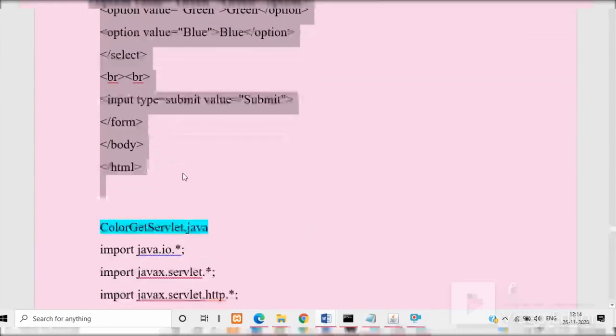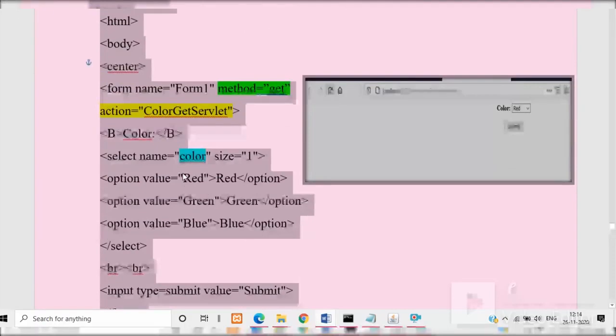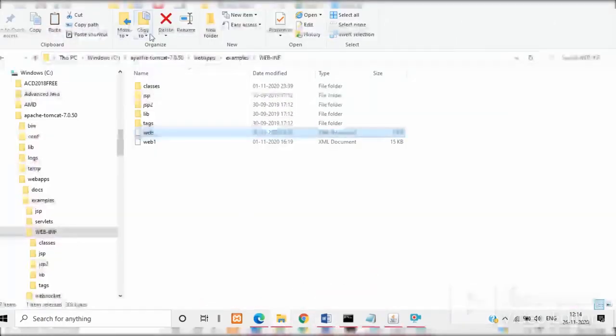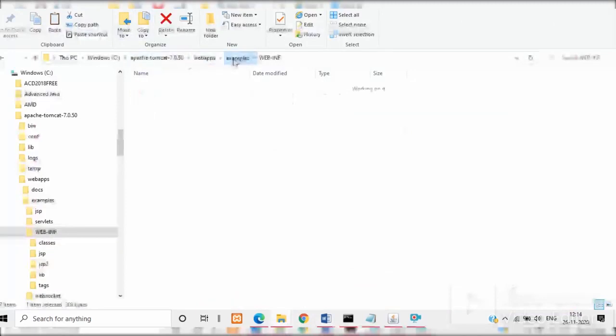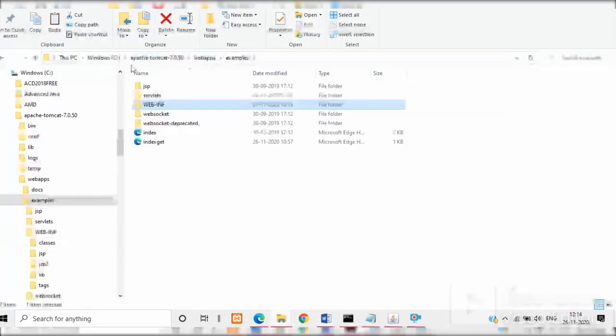Just copy this code in one notepad and save this file as indexget.html. In which folder? Examples folder, C, Apache, webapps, examples. In the examples folder, see, the indexget.html file is saved.